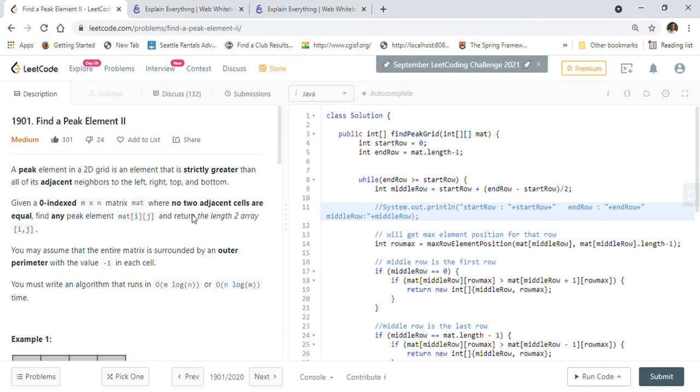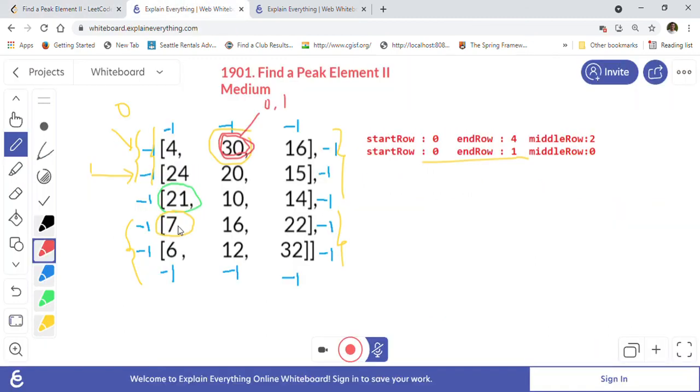So this is how you can solve the Find a Peak Element 2 problem. What we have done is use a flavor of binary search, where we first calculate the middle row and find the maximum element in it, and then check the directions. In this case we only have to check up and down, because we have found the maximum in that row, so there is no need to check left and right.